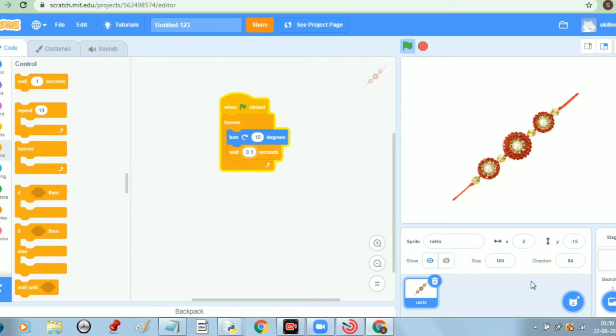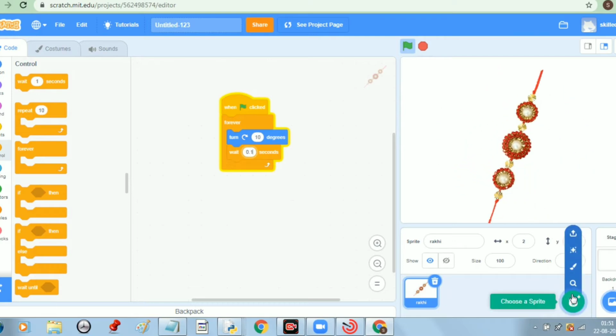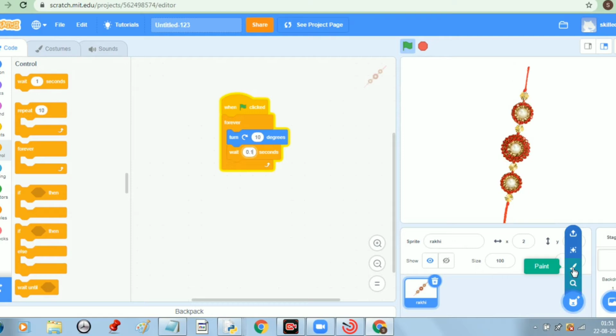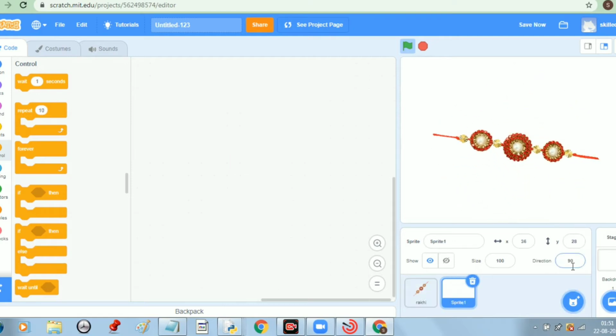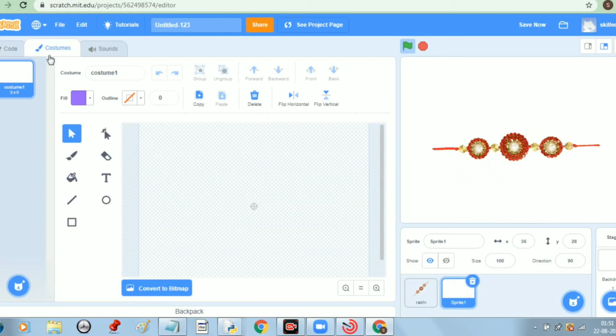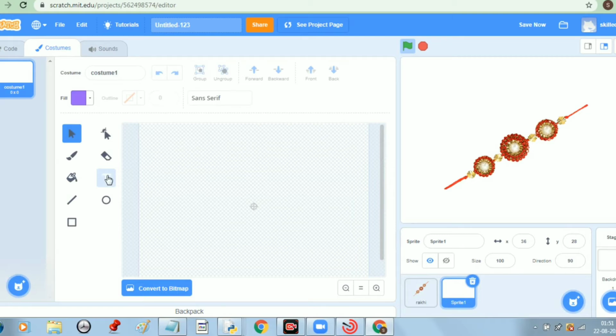Okay, now let us write the text Happy Raksha Bandhan. For that we need another sprite, and we'll choose the paint option so that we can write. So here click this text option and we can write here.